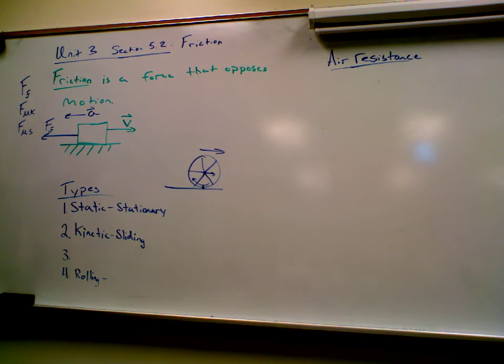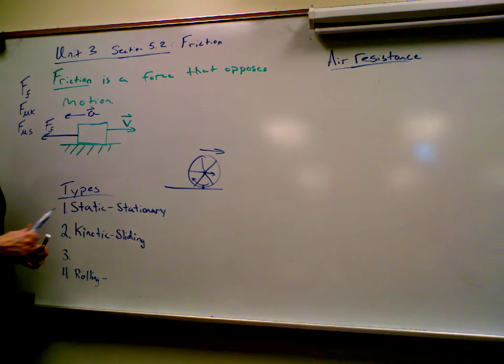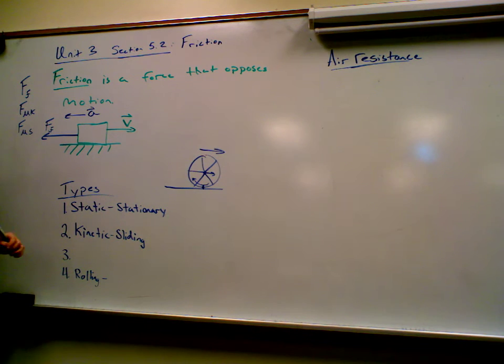So that's a type of rolling friction, but rolling is really a combination of static friction going on. Rolling friction is the smallest friction. That's why we have wheels on our car versus triangles. The fourth type of friction, which is actually going to be number 3 on the list, is